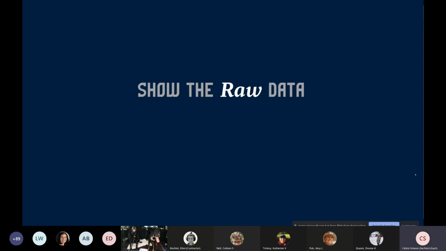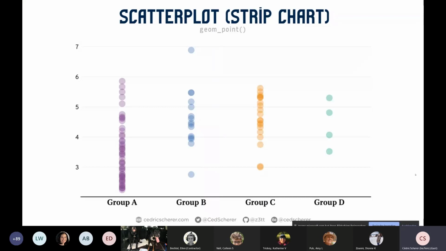Okay, next to raw data plots. And we have seen this in the answers as well. So the easiest way to overcome the bars and the box plots, if you don't have thousands of samples per group, is the strip chart or the dot plot. It's actually not a dot plot, but it's sometimes called the dot plot. It's a strip chart or scatter plot on one axis, where you just draw every point. And you can already see that it becomes difficult. I added some transparency here with the alpha argument, but you might already have trouble if I ask you how much larger is group A compared to group C. But it might be fine. Again, it depends a bit on what you want to tell with your plot.